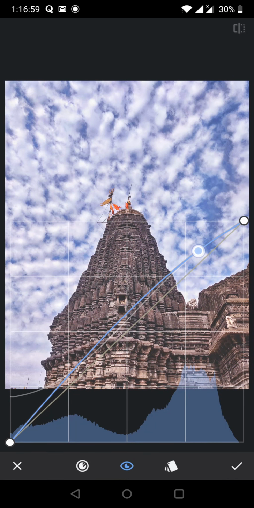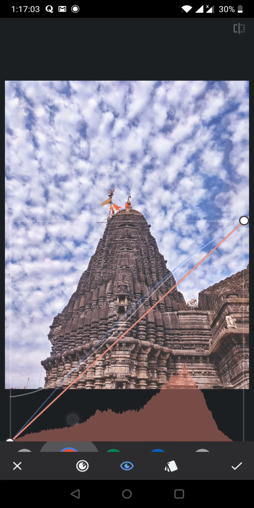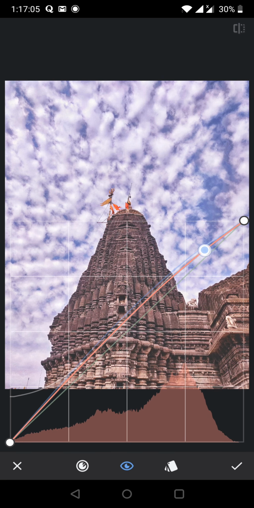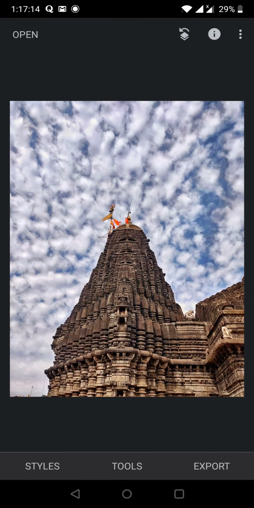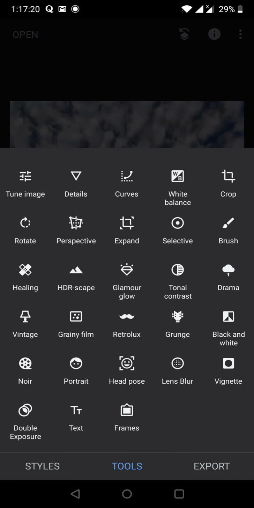And then it also gives you control color-wise. So red, green and blue, the three basic colors of photography. So you can control it through there, or then there are the presets. So I'll say if you are a novice, if you are a new player over here, then go through the preset, choose a soft contrast. That will always work for your benefit.